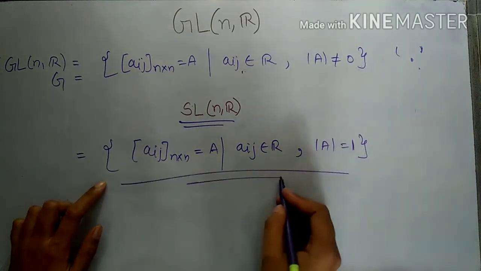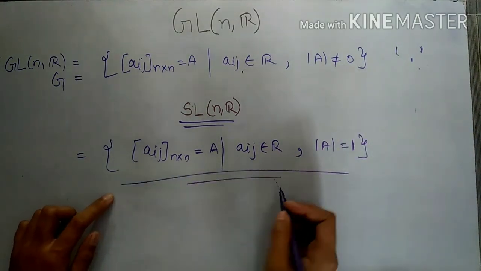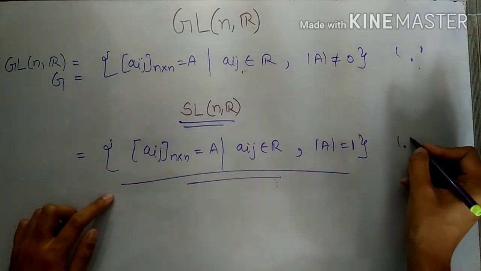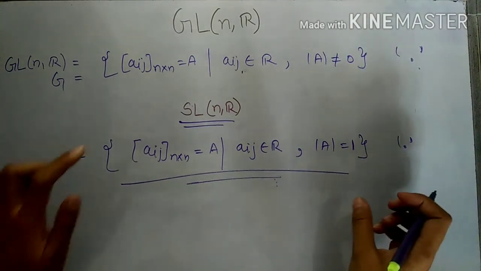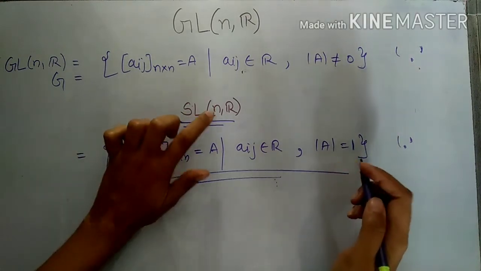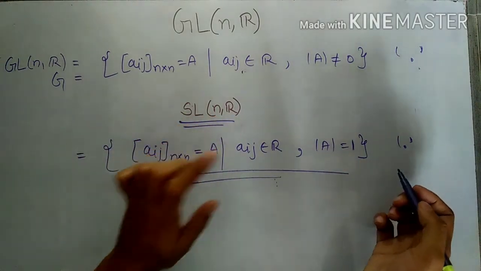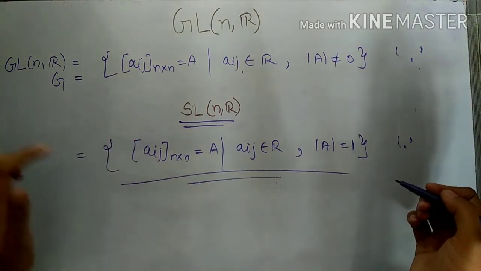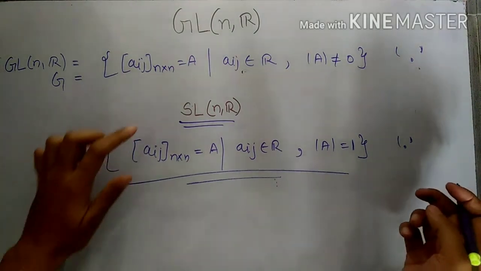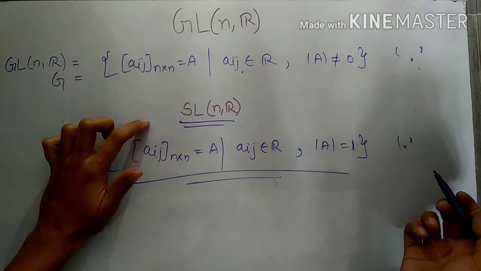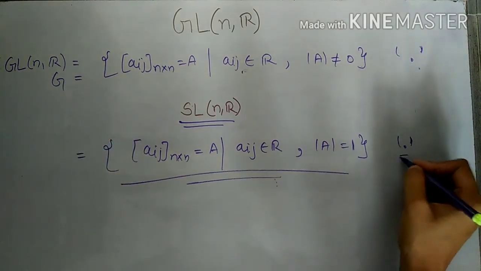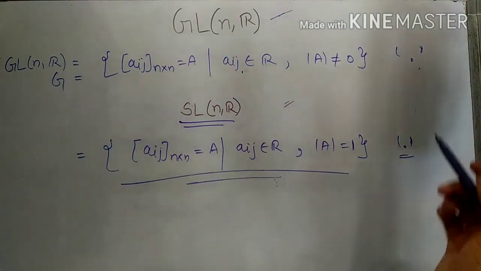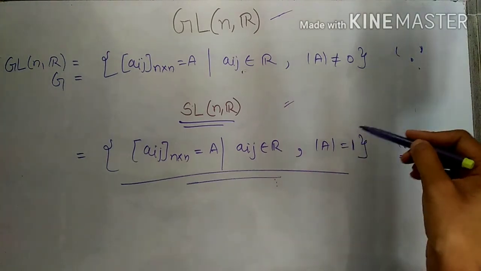This is the set, and this set also forms a group under the operation of matrix multiplication, and this set is called special linear group of degree n over set of real, over R. We can prove that this set is also a group, as we have proved that G is a group, and this set also form a non-abelian group under the operation of multiplication. We will discuss it again in ring theory.